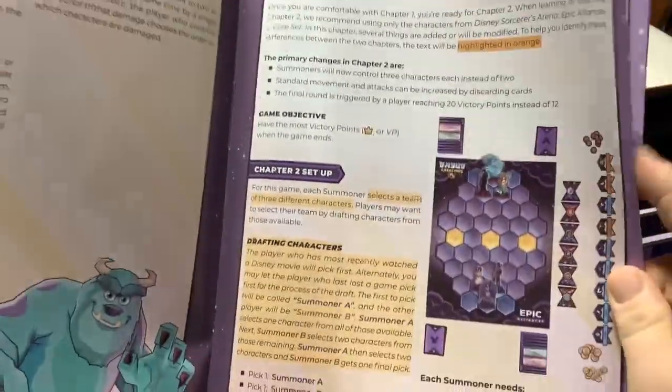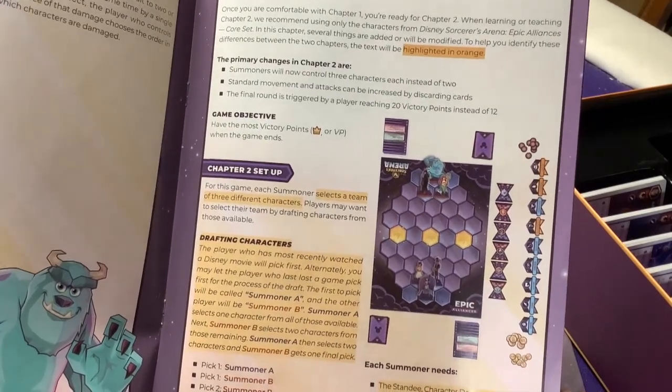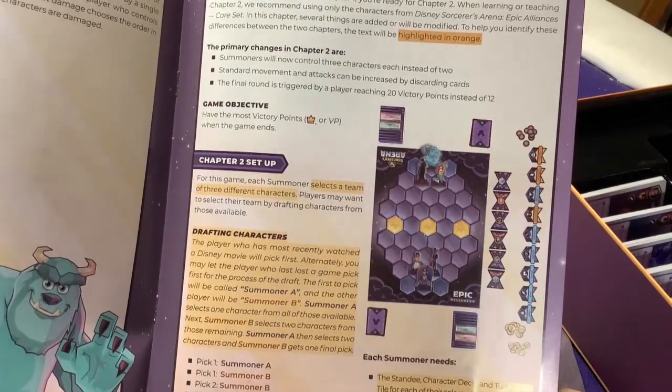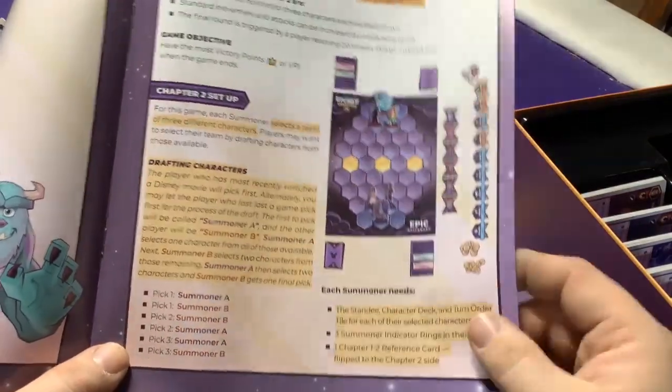Knock out what some of the different effects do, completing stuff. Then when you get to Chapter 2, it resets the game up again. But now everything highlighted in orange is new stuff. So now you're going to just select your own team. It's going to explain how to summon them, how to set stuff up there, how